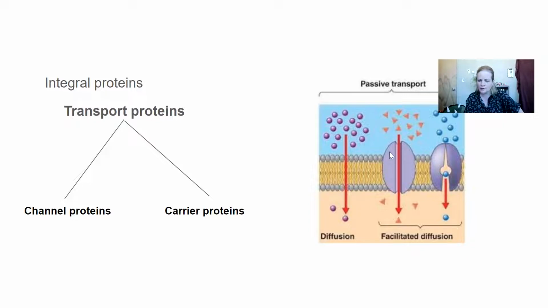Part of the protein is stuck inside the phospholipid bilayer, and part of it is sticking out. It's completely integrated into the plasma membrane, and that's why we call it an integral protein. In this case, there's a little tunnel, a little pathway,